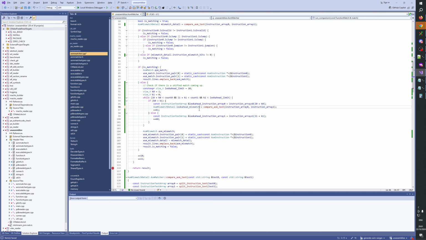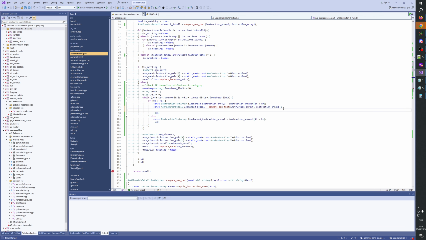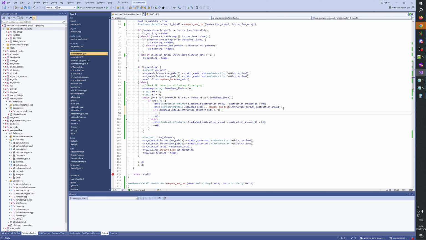Maybe we just shorten it to look ahead detail. So we can also make it const. So look ahead detail. If detail instruction mismatch bits are not 0, if they're not 0, then what? Then